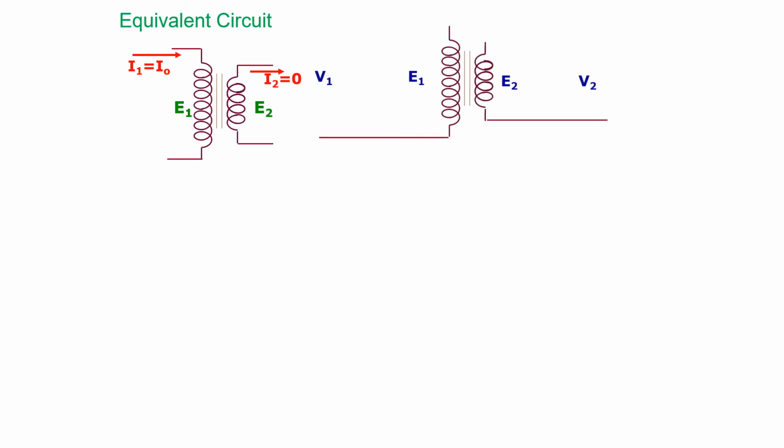In this figure, the resistance and reactance of the primary winding are shown externally. Likewise, R2, X2 are shown externally, then connected to the load. The load current I2 flows. The input current now is the no load current plus I2 dash. I2 dash is the additional current which is required to maintain the flux constant in the core.